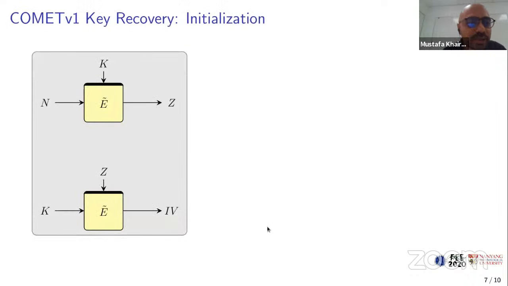So we look at Comet. Why does this forgery